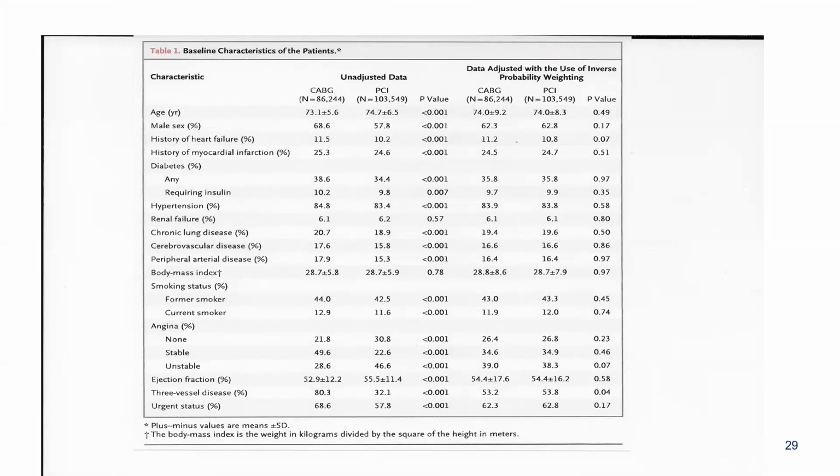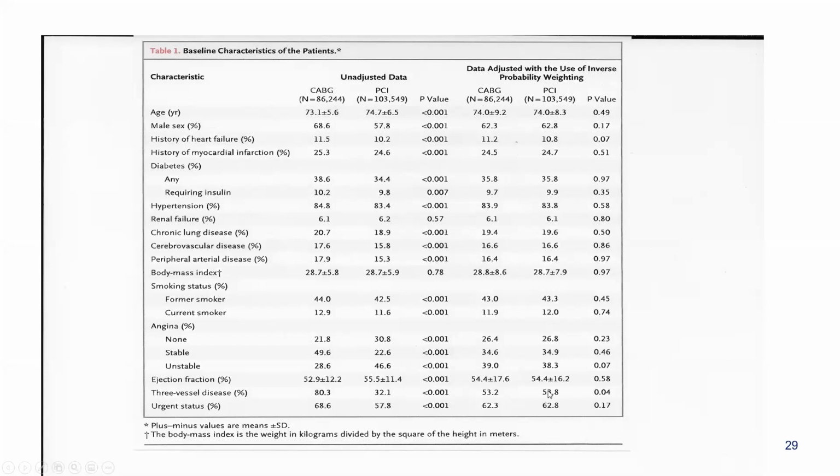So after applying the inverse of the propensity score, we see that we have made the two intervention groups much more equal. And so when we did this, comparing them with either t-test or chi-square,